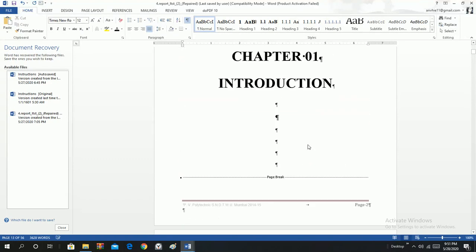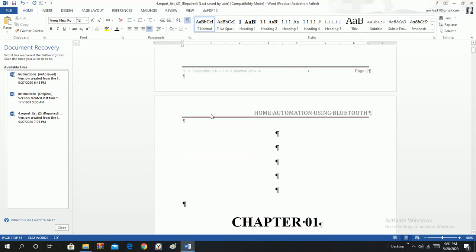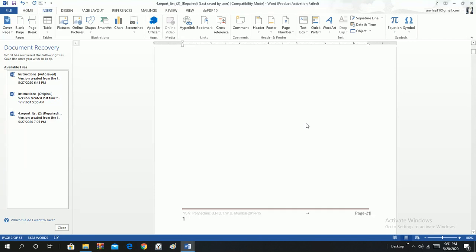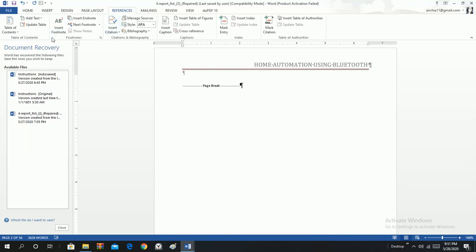Okay, and then wherever you want the list of figures, suppose we want the list after this. Let me insert a page break here, and here I'll insert the list of figures.